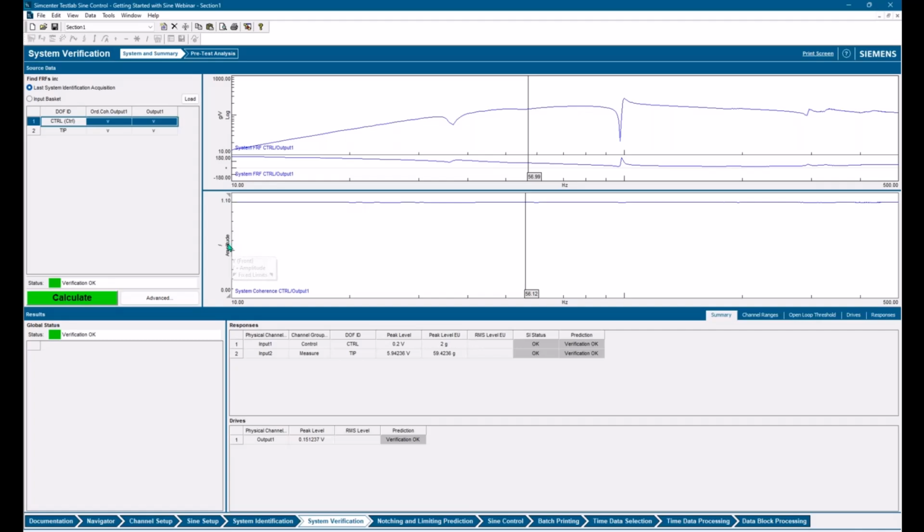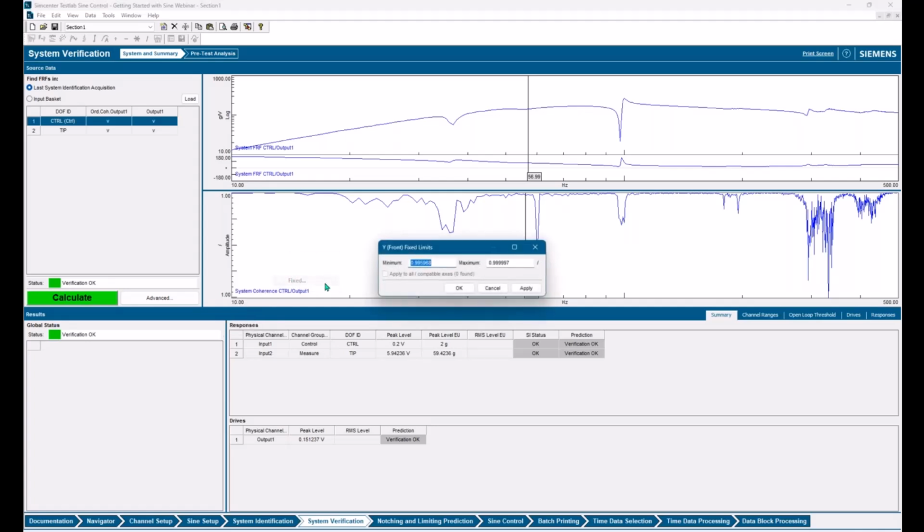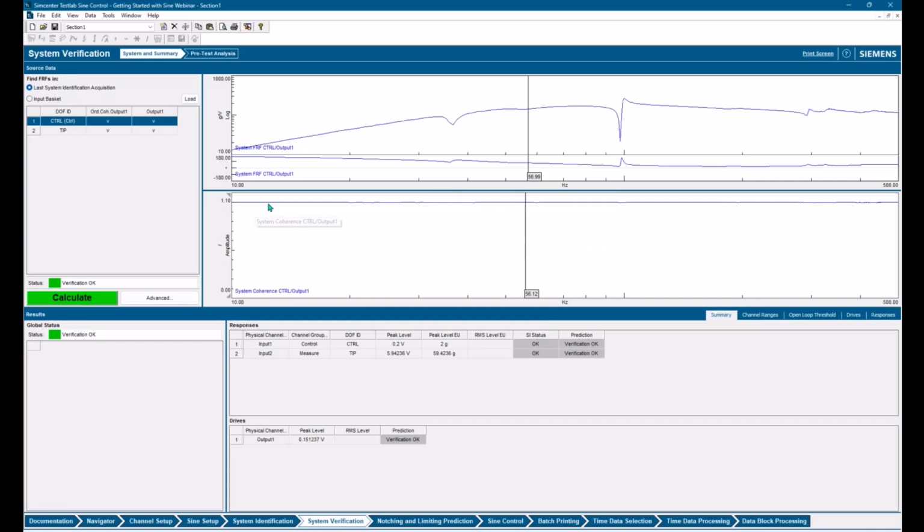If you come in here, sometimes this is set to free, and then it looks like you have terrible coherence, right? But always look at this scale. I'm basically going from 1 to 1. So if I reset this, coherence again is a value between 0 and 1, and this is telling us how good our measurement setup is, the quality of our transfer function. But if I set this to something reasonable, like 0 to 1.1, so I can see the trace, now I can see that there really isn't much variation at all in my coherence.